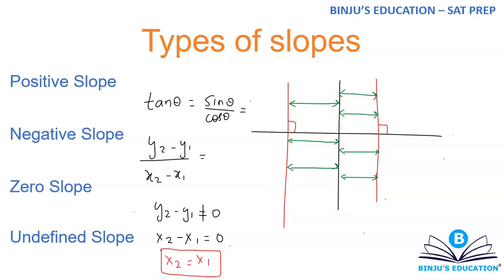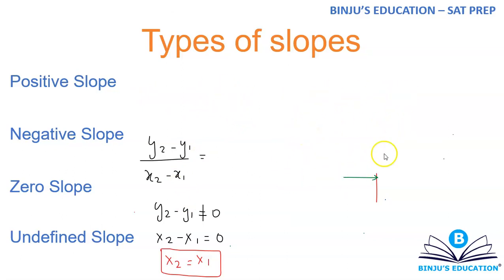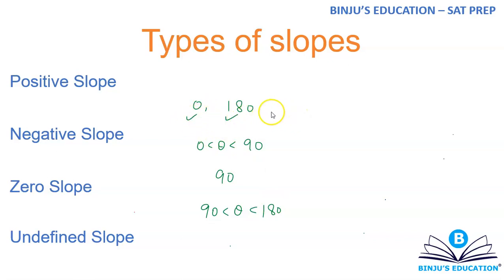See, remember, there are only 4 things which can happen, guys. There is no possibility of a 5th thing. The angle is from 0 to 180 degrees. There is no other thing that can happen, guys. Nothing else is possible. If the angle is 0 or 180, then in that case, line has to be parallel to x-axis.